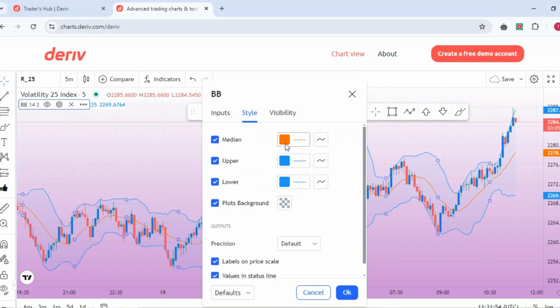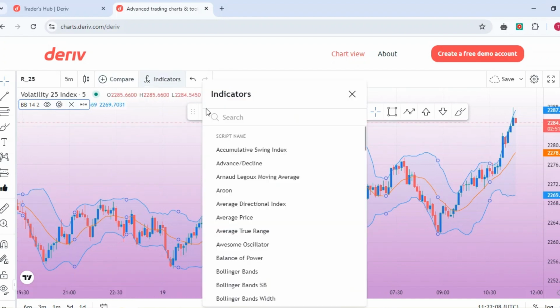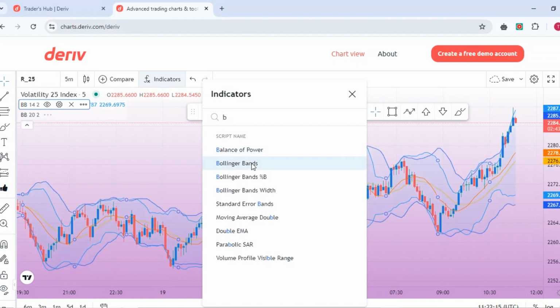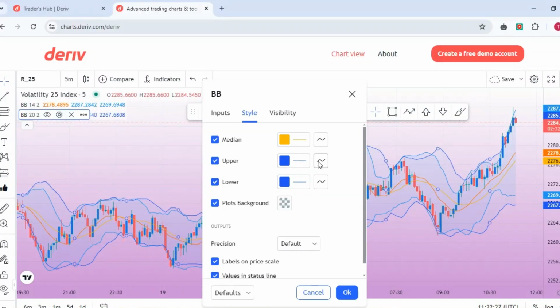You can see the median line, we are not using it, so we will be using the upper and the lower lines. So I'll just put OK, and then come back and input the same Bollinger Bands again. You see now, this is 14, 2, and then the other one I wanted to leave at 14,